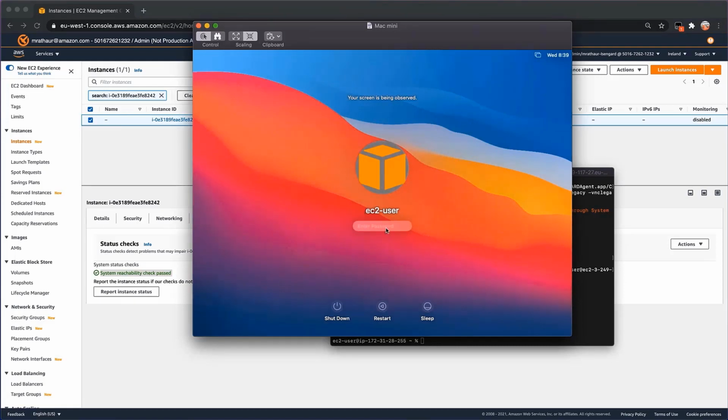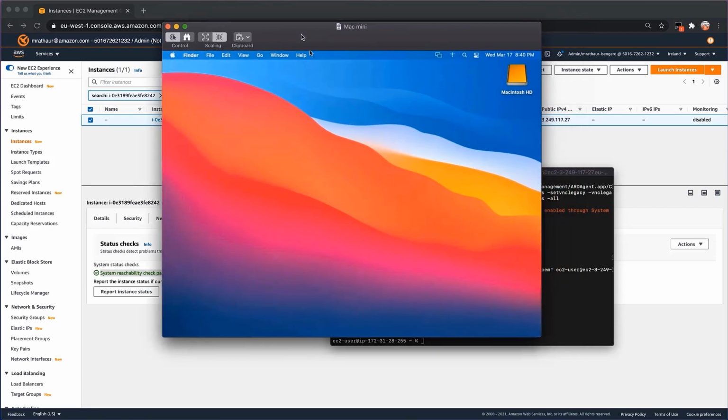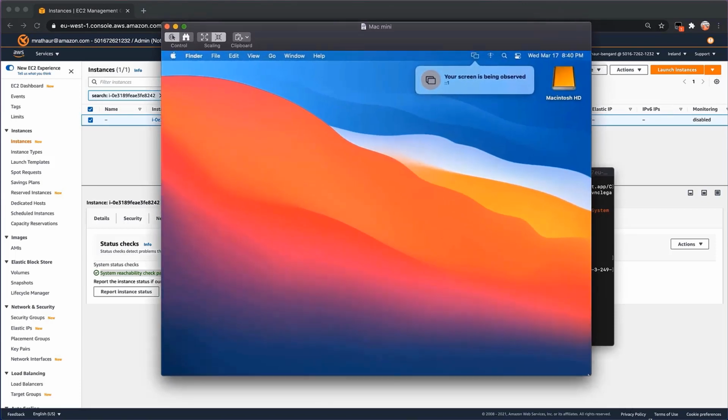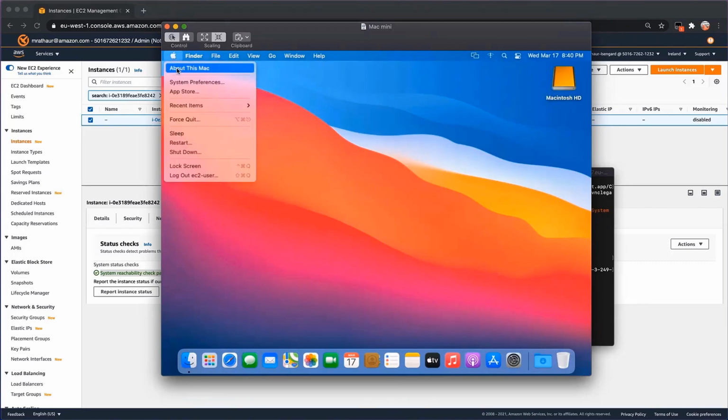This should directly take you to the login screen for macOS on your EC2 instance. Enter the same password that you recently used. And now this will take you directly to the macOS desktop on your EC2 Mac instance. You get that pop-up because you are connecting via VNC, and